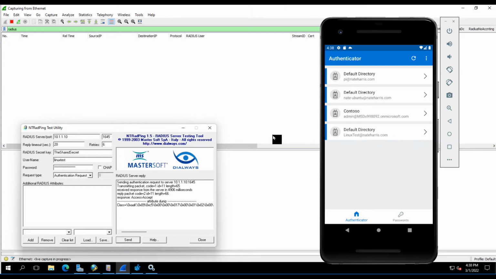Hey folks, I wanted to make a little video here on something I've been trying to work out. So the scenario is, I've got a Linux machine that doesn't have SSSD installed, but I still need the ability to perform MFA for a user, for example to SSH to that account. Now to take it one step further, I need that user account